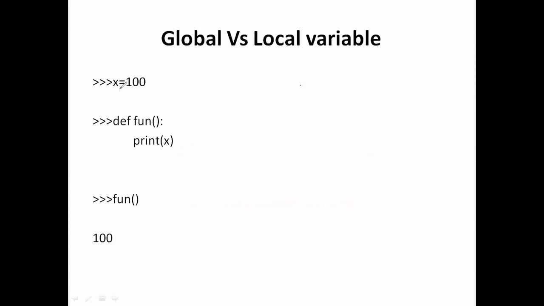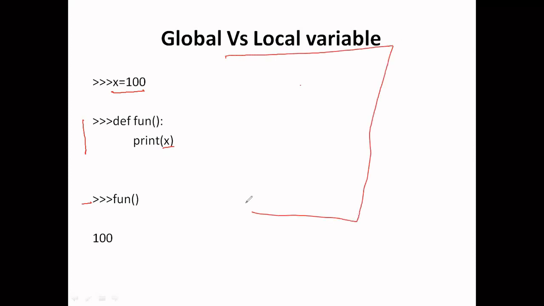In this example I have taken a variable x whose value is set to 100. Then I have defined a function, and inside that function I am printing that variable x, and then I am calling this function. Basically, when we start our interpreter, a namespace is created, and that is called the built-in namespace. In that particular built-in namespace, we can call all the Python built-in functions,